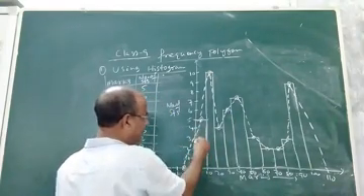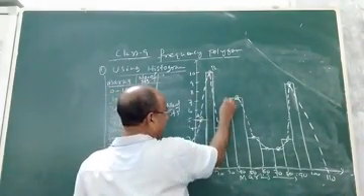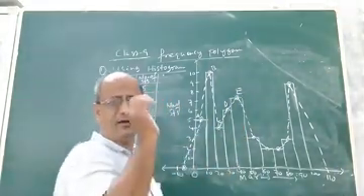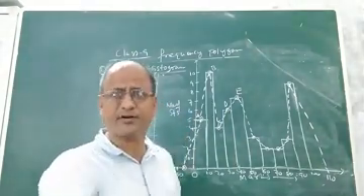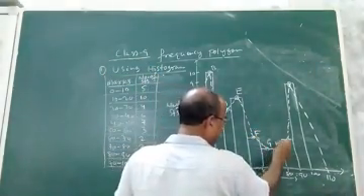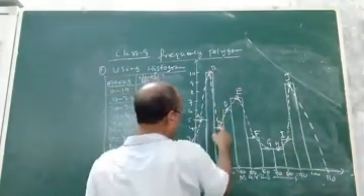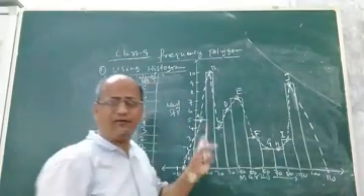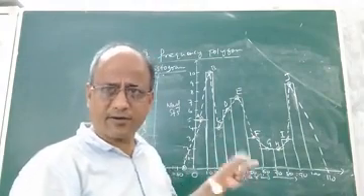You can name them also, no problem. Name this midpoint A, name it B, name this midpoint C, name this midpoint D, name the midpoint of this bar or rectangle E. That means locate the midpoint of each bar or rectangle after the histogram is constructed. So this is F, this is G, this is H, this is I, and this is J. So you see, A, B, C, D, E, 5, 6, 7, 8, 9, 10. I have located all the 10 midpoints of the 10 bars or rectangles after constructing the histogram.